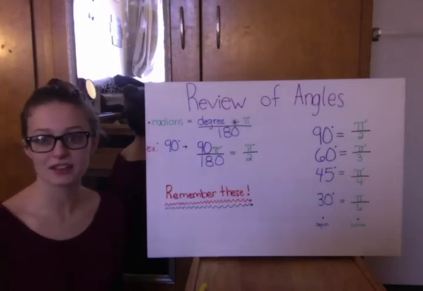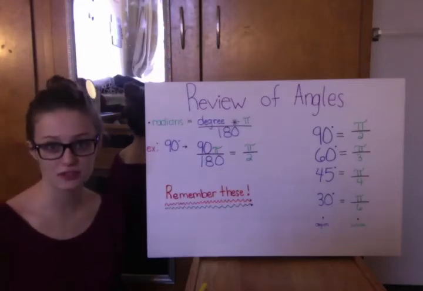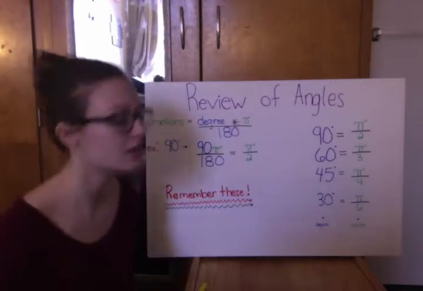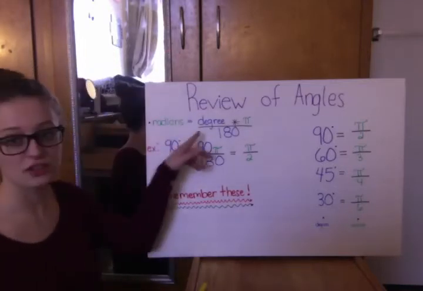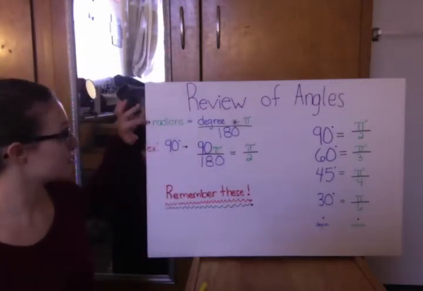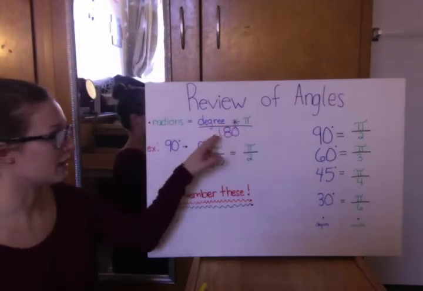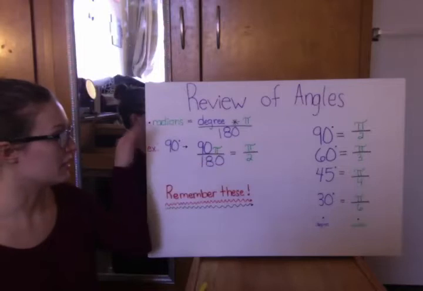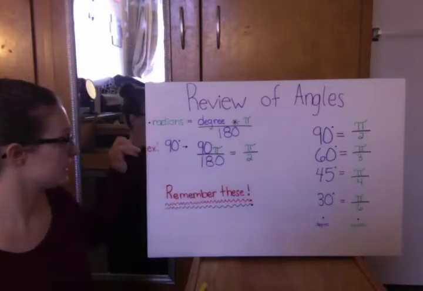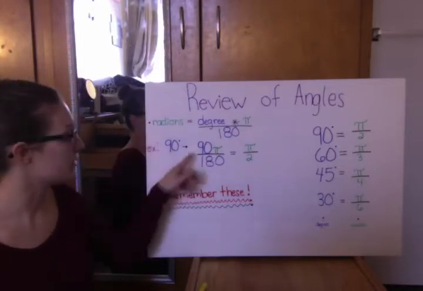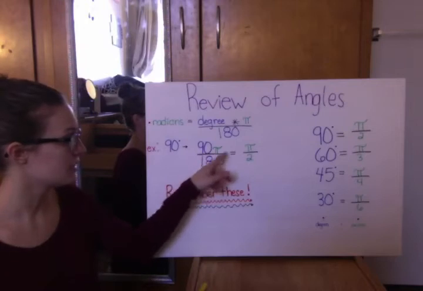Class, today we're going to learn about special triangles, but first we have to go over a review of angles, okay? So everyone remembers what radians and degrees are, right? So for radians, you have to multiply the degree by pi and divide it by 180, and then you'll get the answer in radians. So for example, 90 degrees, we have 90 pi over 180, and that's going to equal